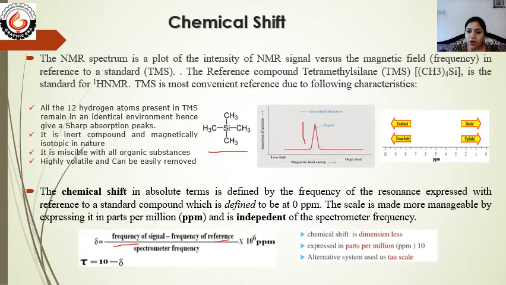So overall the NMR spectrum is shown by a graph again, but here we are not going to give any lambda value or frequency value or wave number value. It is always with reference to a reference material, and always compared. The formula used to calculate the chemical shift is delta equals frequency of signal minus frequency of reference, upon spectrophotometer frequency, where frequency of signal means for the sample, times 10 to the power 6. So this is overall about chemical shift.